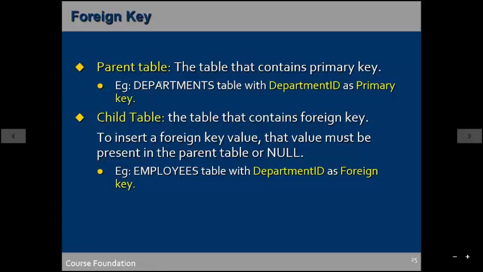See, the parent table is not the table which has more columns. If you took it that way, then the employee table has more columns, but it is not so.